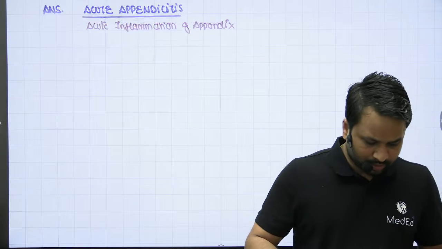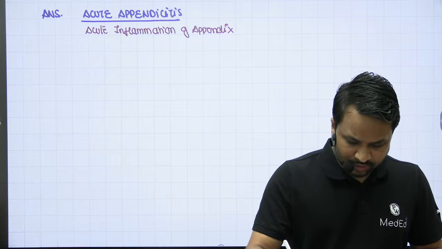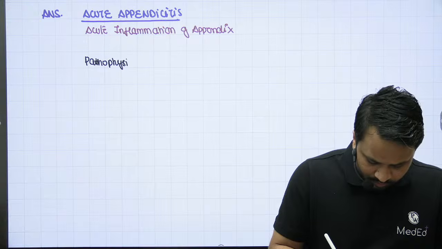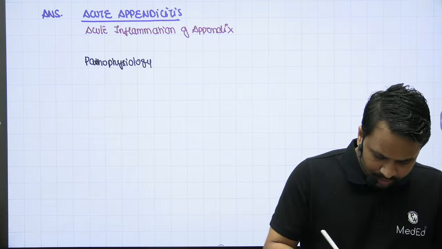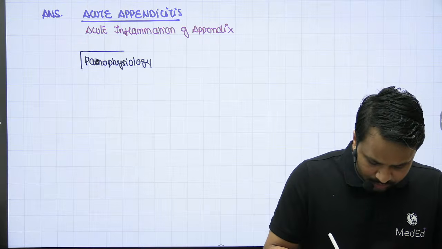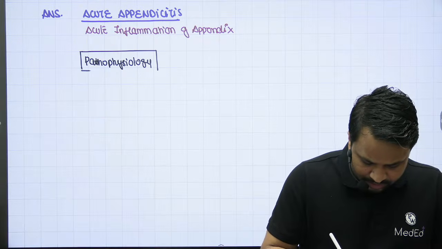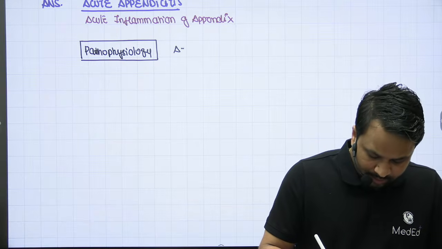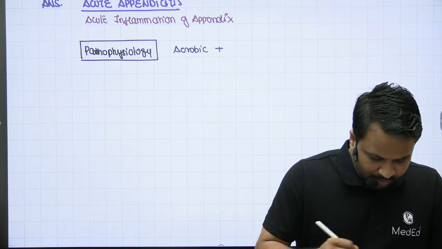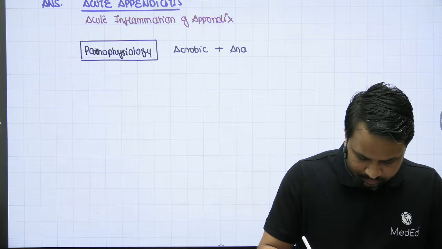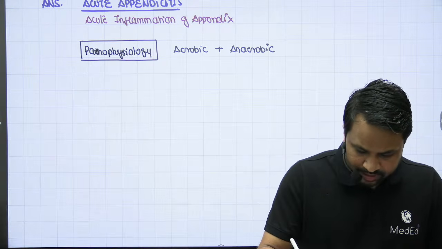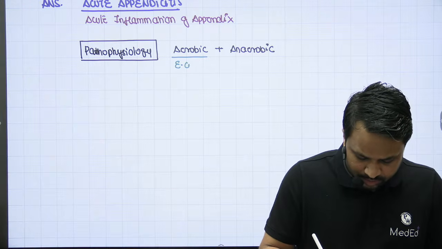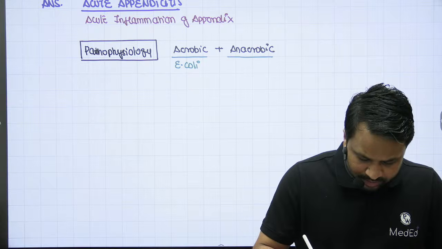So when you talk about the causative factors or the pathophysiology, remember the pathophysiology of acute appendicitis is an inflammatory disorder, but here you will see the pathogens which are going to be present. It is going to be a combination of both aerobic as well as anaerobic bacteria. Usually the aerobic organism responsible for acute appendicitis is going to be E. coli, and the anaerobic is going to be Bacteroides,